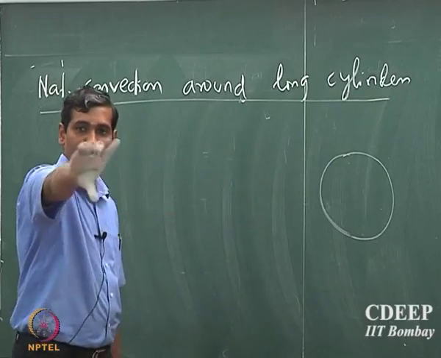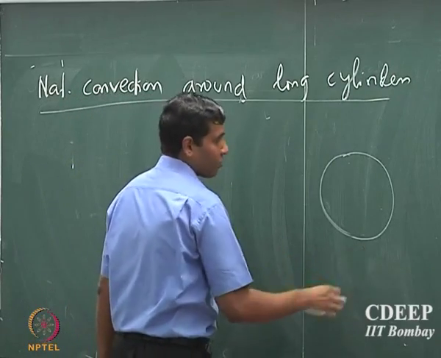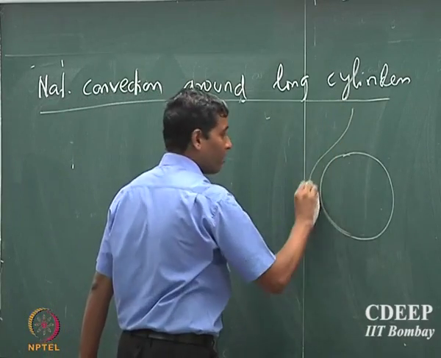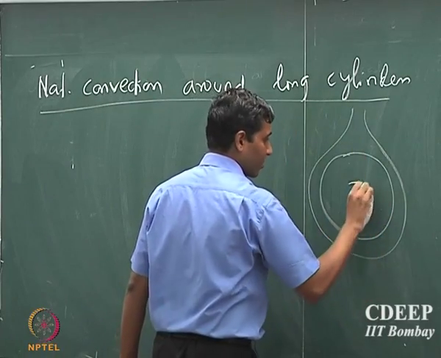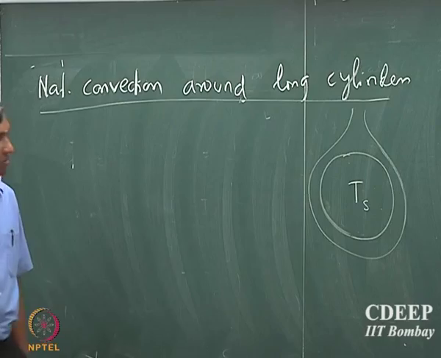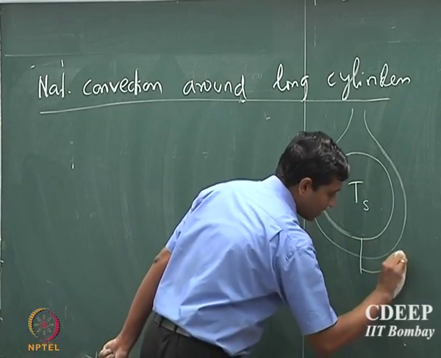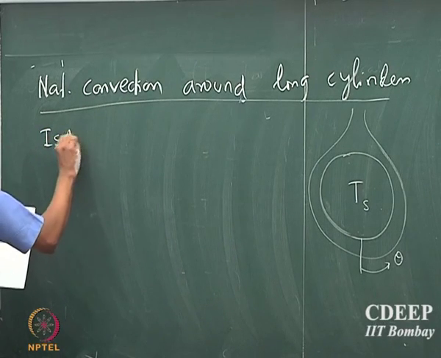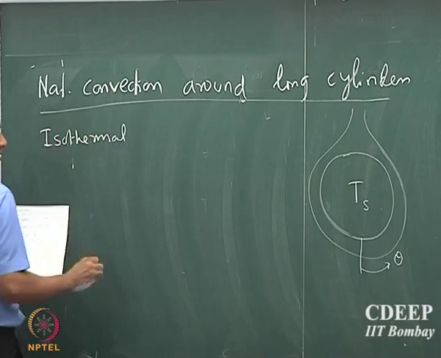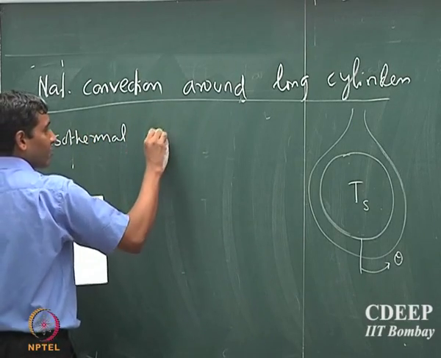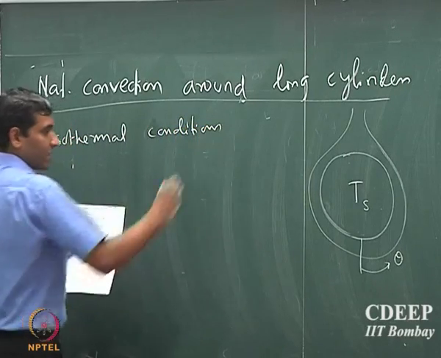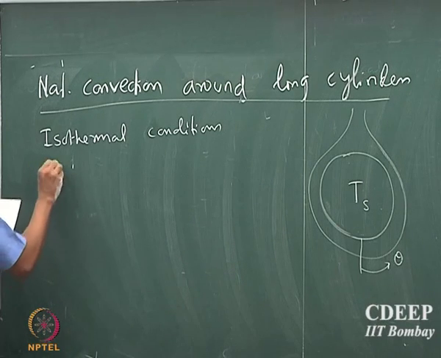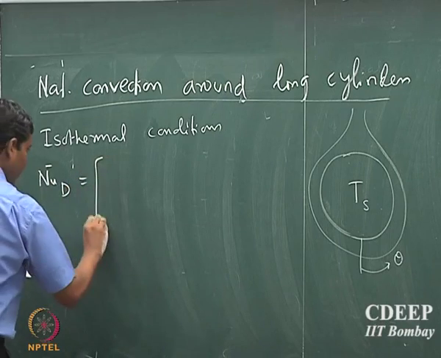We have a long cylinder which is going inside and outside the board, and let us say that this cylinder is suddenly dropped inside a quiescent fluid, and now you will have a boundary layer formed around it. This is maintained at a certain temperature Ts, okay, and let us say this is angle theta. So, one can work out the correlations for the Nusselt number. Suppose the cylinder is maintained under isothermal conditions, let us say we know how to maintain the temperature of the cylinder. Then the Nusselt number based on the diameter is given by 0.6,